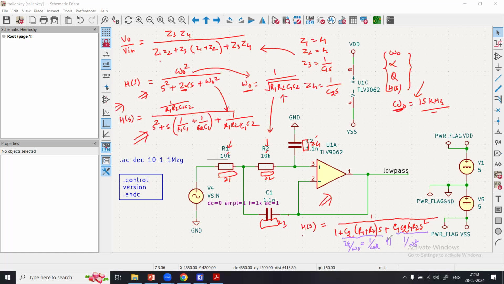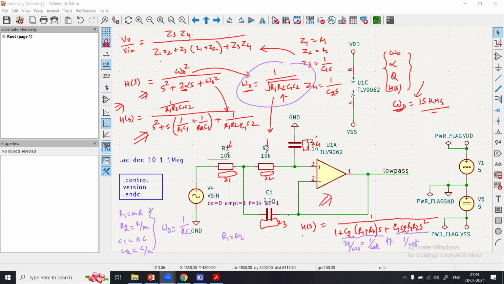But how did I get to this expression? Because I assumed some design formulas: R1 is equal to M times R, R2 is equal to R over M, C1 is equal to N times C, and C2 is equal to C over N. These are my design formulas. So in the previous expression, if I use these formulas, where M and N are some factors, I can reduce my expression for omega naught to the value of 1 over RC. So what I will do, I will choose R1 equal to R2 and then R1 equal to